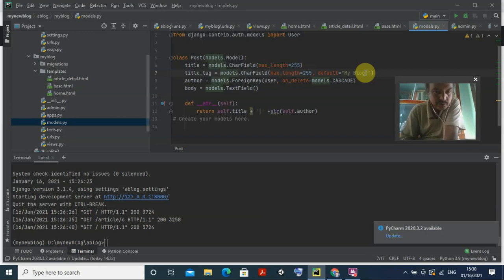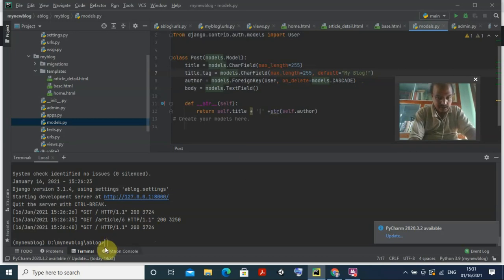Then what we do, first of all we must have the clarity about the MVT architecture. What is the models? Model is the database, and whenever you change the database here, something in the data, then definitely you have to go for this, python manage.py makemigrations, and python manage.py migrate, then only you have to run the server. Okay, the same thing you do it here.